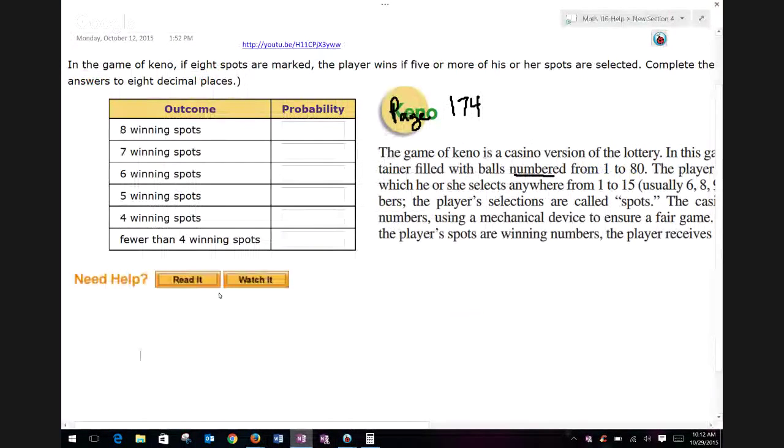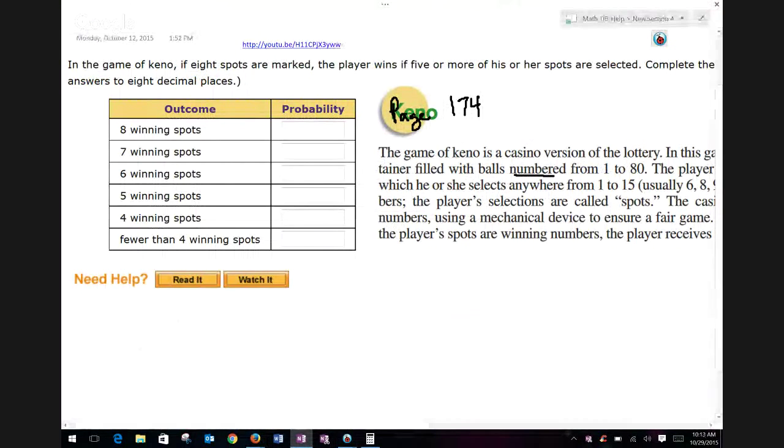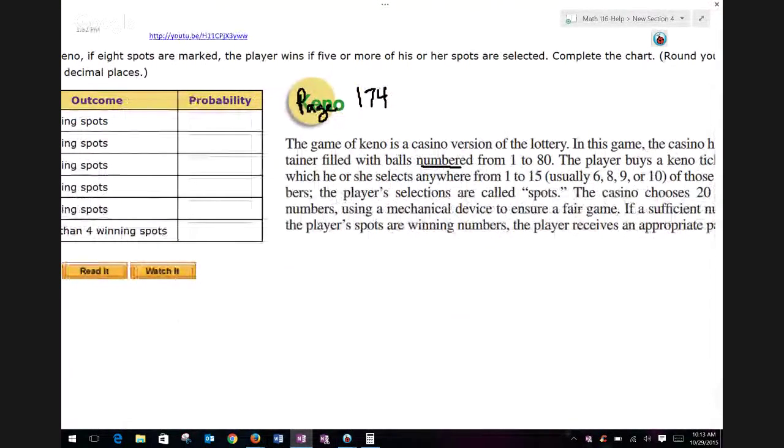The purpose of this video is to go over the Keno question that shows up in 3.5. So reading a little bit about Keno on page 174 of your book,